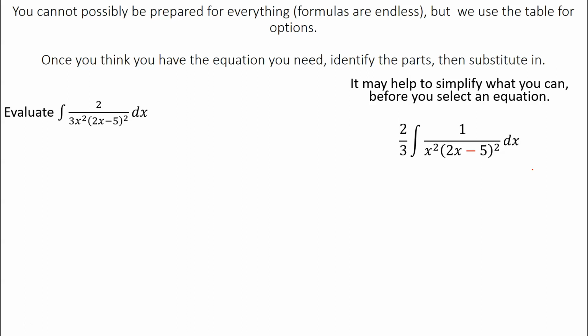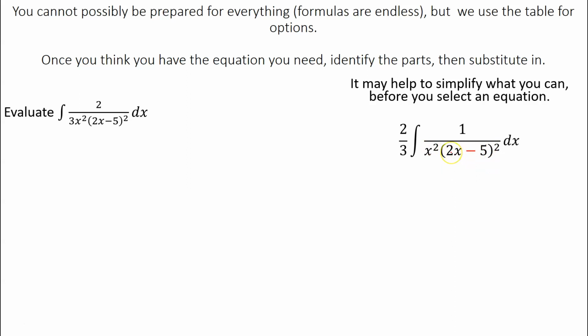Get yourself familiar with the layout of your tables so that you know, for this one here, I'm not going to look on page 5 because that has to do with e, natural log, and hyperbolic trigonometric stuff. I'm going to go back towards the beginning, where there was stuff that had constants and